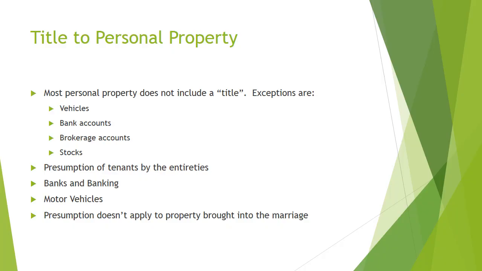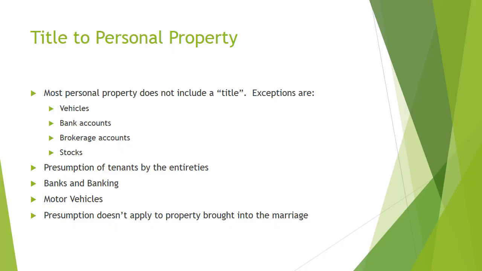when they are presumed so. Motor vehicles, same thing. When you go to the tax collector's office and title a new car, they'll ask you, do you want this in the "and," as in spouse 1 and spouse 2 names, or as "or." So that'll be the difference in determining whether that's tenants by the entireties. And the motor vehicles title of the Florida statutes tells me the answer to that question.